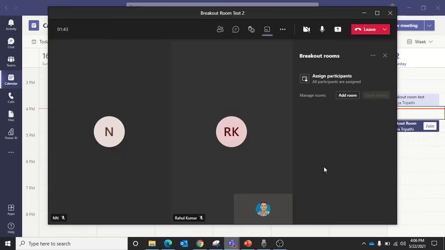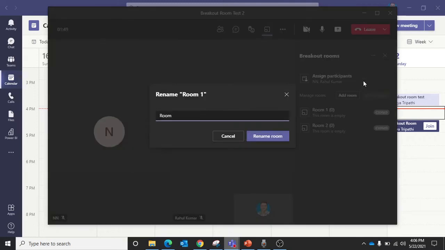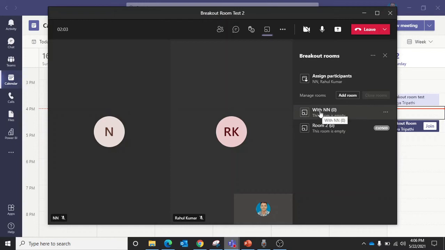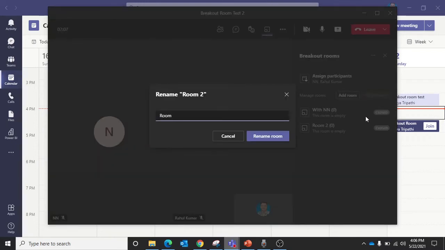Now, if I want to rename a room, I can rename it so I know what this room is about. With the NN user, please excuse the name format here, and the RK user.